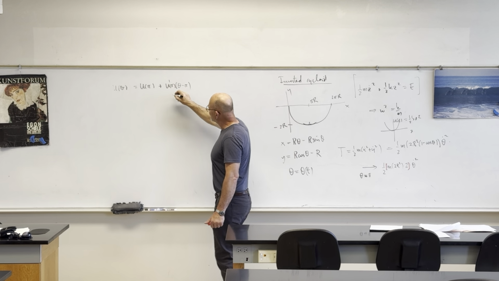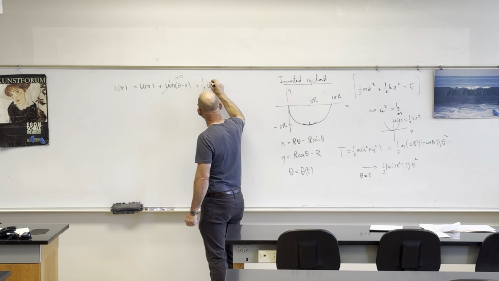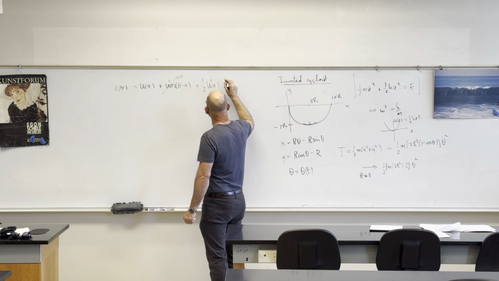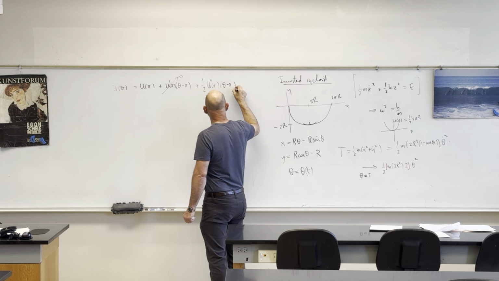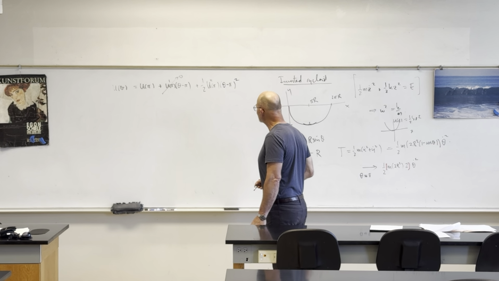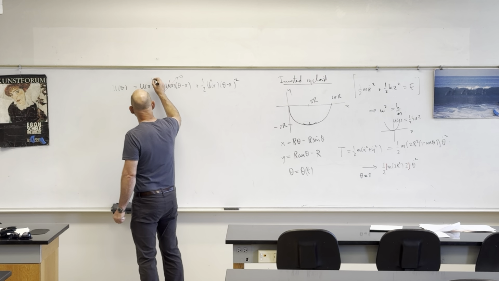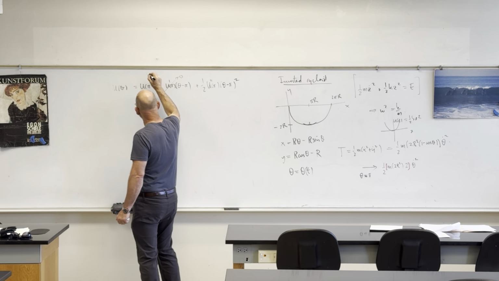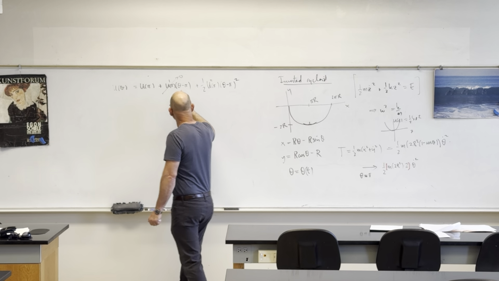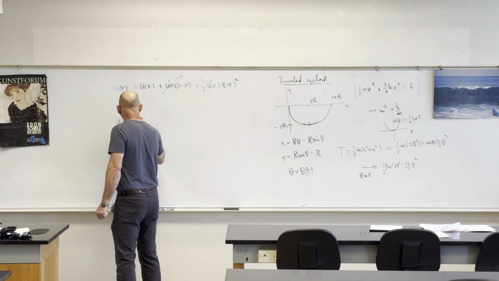This one's going to vanish, of course, plus 1/2 u double prime evaluated at pi (theta minus pi) squared. So that's just the Taylor, the quadratic expansion. And this one is irrelevant because it's a constant. This one is 0. So we're looking for u of theta equals